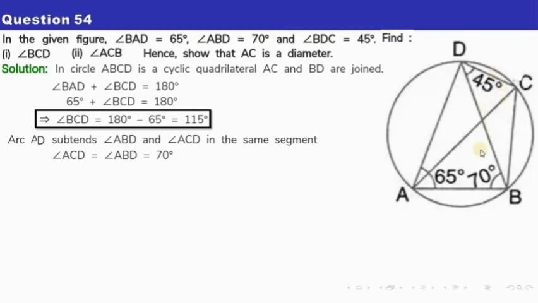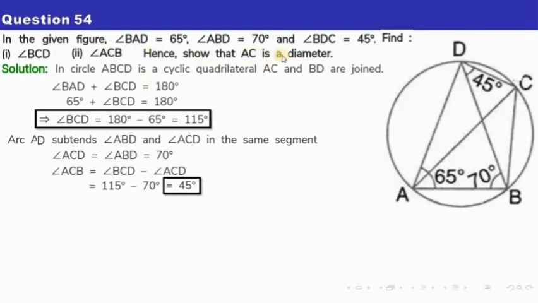Now our aim is to find ACB. So we know this full angle is 115, and if I remove this angle, that is 70 degrees, then I'll get our ACB. So ACB can be written as BCD, that is the bigger angle, minus ACD, that is this angle. So BCD is 115 and ACD is 70. So from here we get our angle ACB to be 45 degrees. So this angle is how much? This is 45 degrees. So we found our second answer as well.